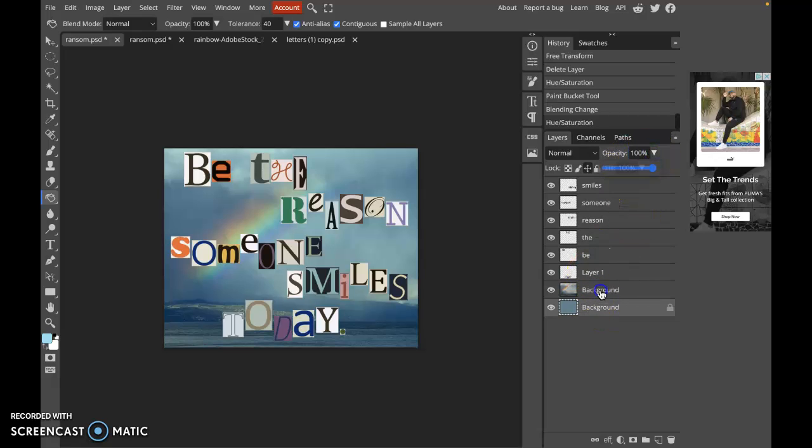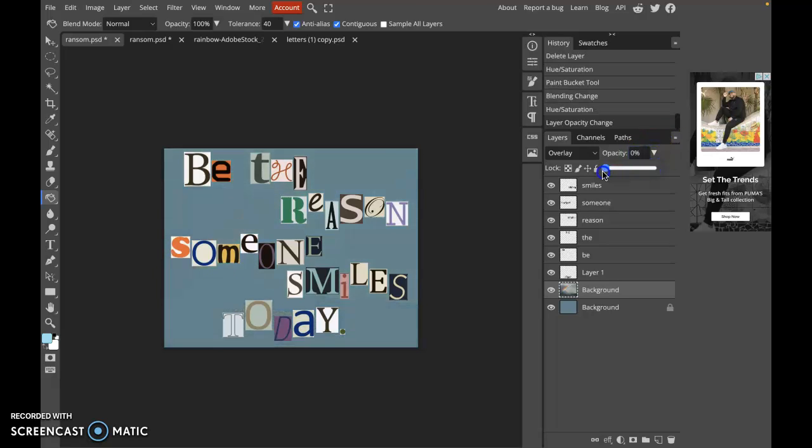You can also take your background and lower the opacity, which makes it a little bit more transparent. You do this if you find that the background is just way too bright, or it stands out and it doesn't allow the words to be seen. All right, now speaking of words,